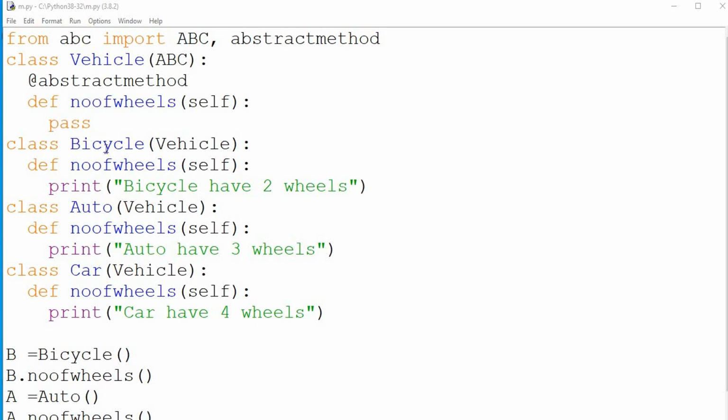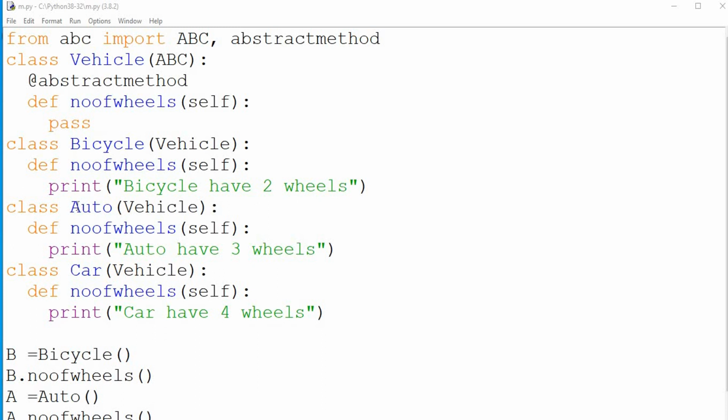So Bicycle is a child class of Vehicle. And here, since it is derived from Vehicle, the abstract method of Vehicle should be implemented by this. That means we have to write the body for number of wheels in Bicycle. So I'm going to write a print statement where I'm going to write a message like Bicycle have 2 wheels.